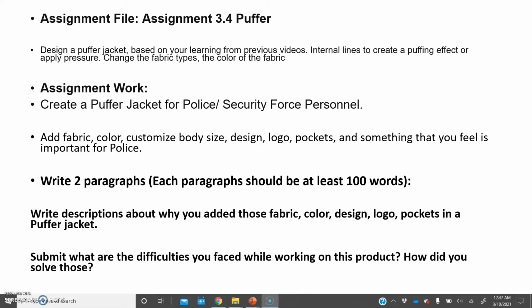And after seeing the video, your assignment will be you will create one puffer jacket for police or security force personnel, and you will add the fabric color, customize the body size of the avatar, and you will add logo, add pockets, and something that you feel is important for police puffer jacket. And after working on that,